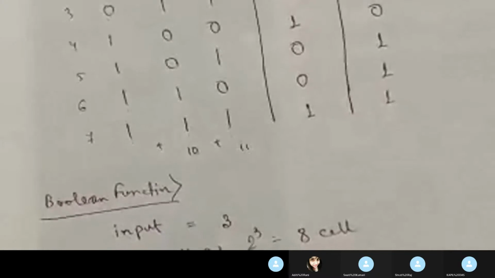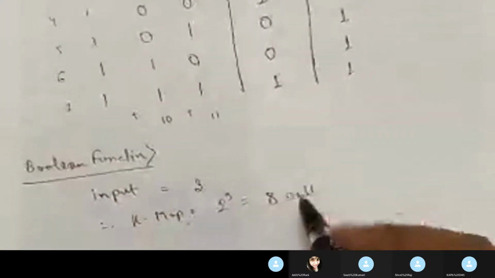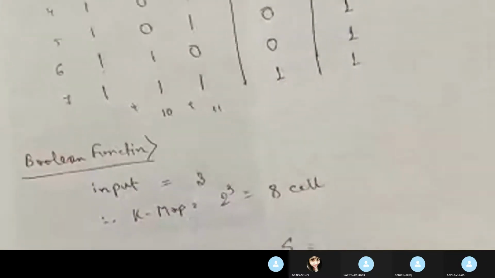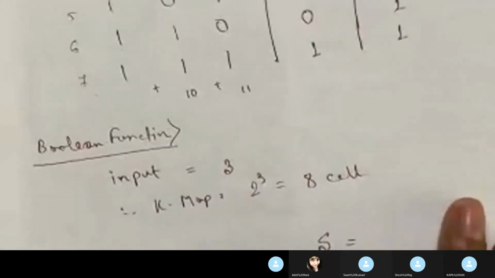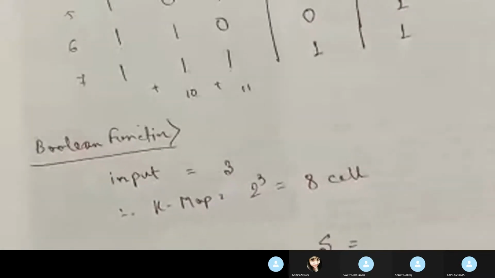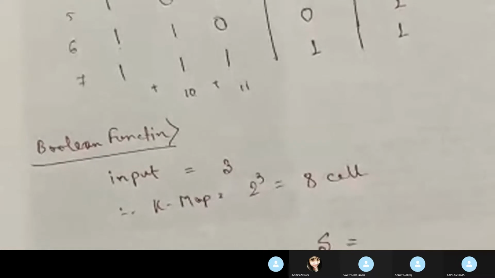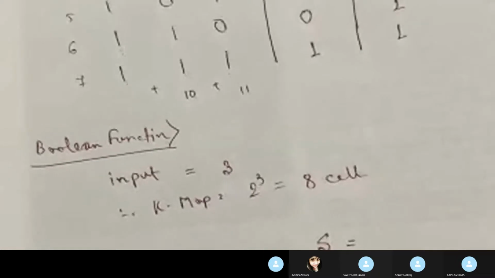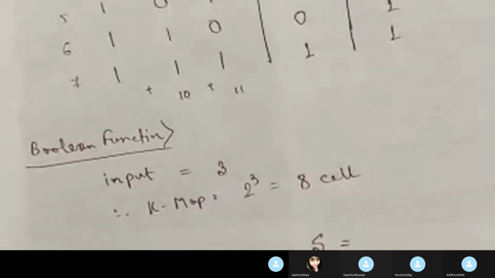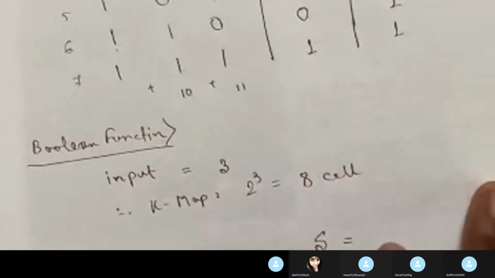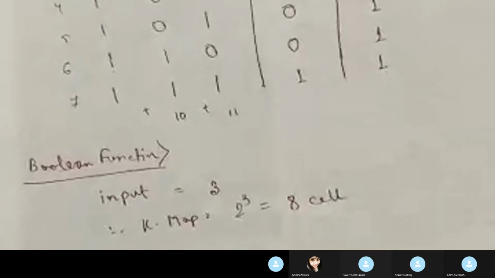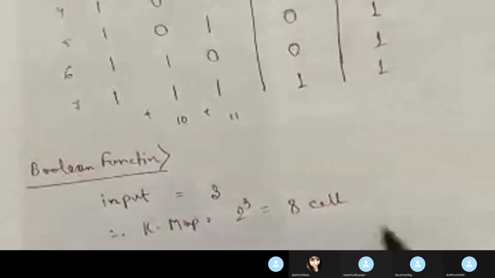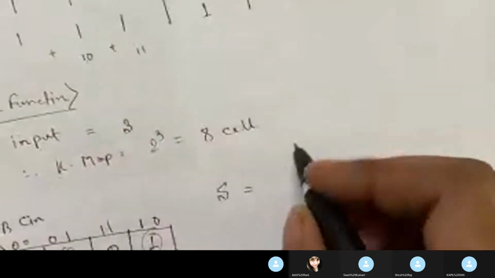So now what we will do, we will determine the Boolean function. So if I write S equal to, now in case of Carnot हम लोग क्या करते थे, हम pairing करते थे. But here what you can see, these four ones are individual. This cannot be paired up. So what we will do, we will write the simple logic out of it. Means this is one, we will simply write down the equation for it.